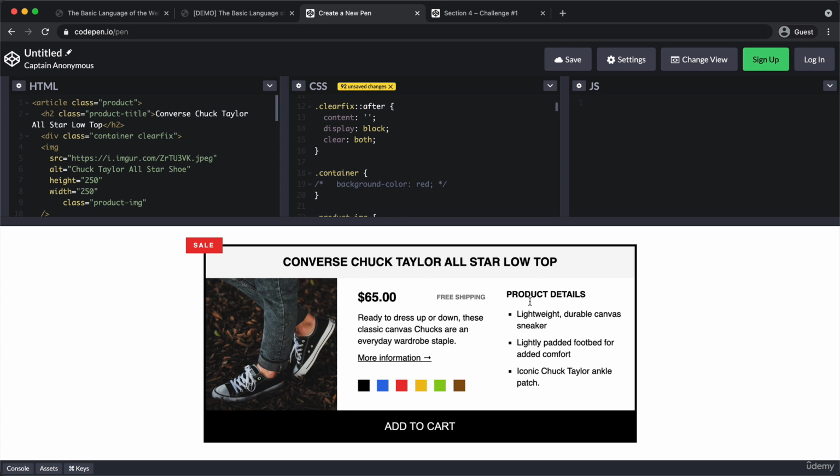And the reason for that is that I'm not going super deep into how floats and clears actually work, because for the rest of the course, we will now replace them with Flexbox and CSS Grid, which make all of this a lot easier, trust me. So if you're excited about that, then don't wait and let's move right to our next lecture here,